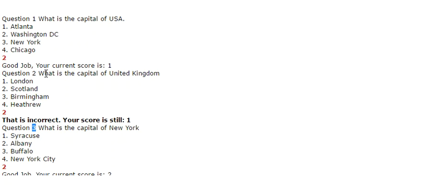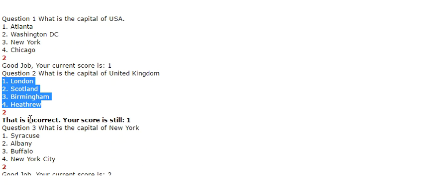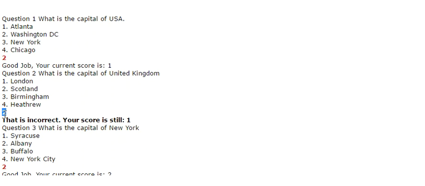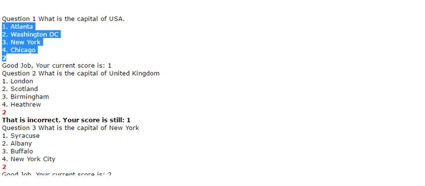And here the second question is, what is the capital of United Kingdom? And we print four choices for him, and you check what value he enters. If it is correct, you increment the score, or you just keep the score as is, right? So we are going to do this now. Write this program. I'm going to do it for one